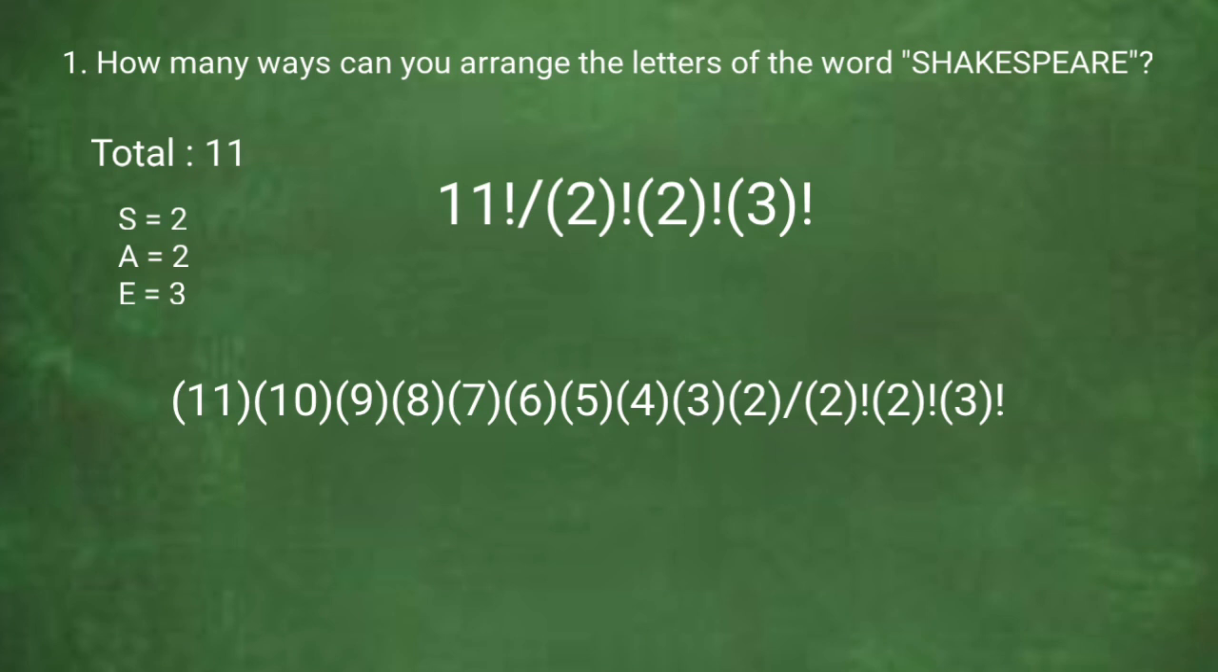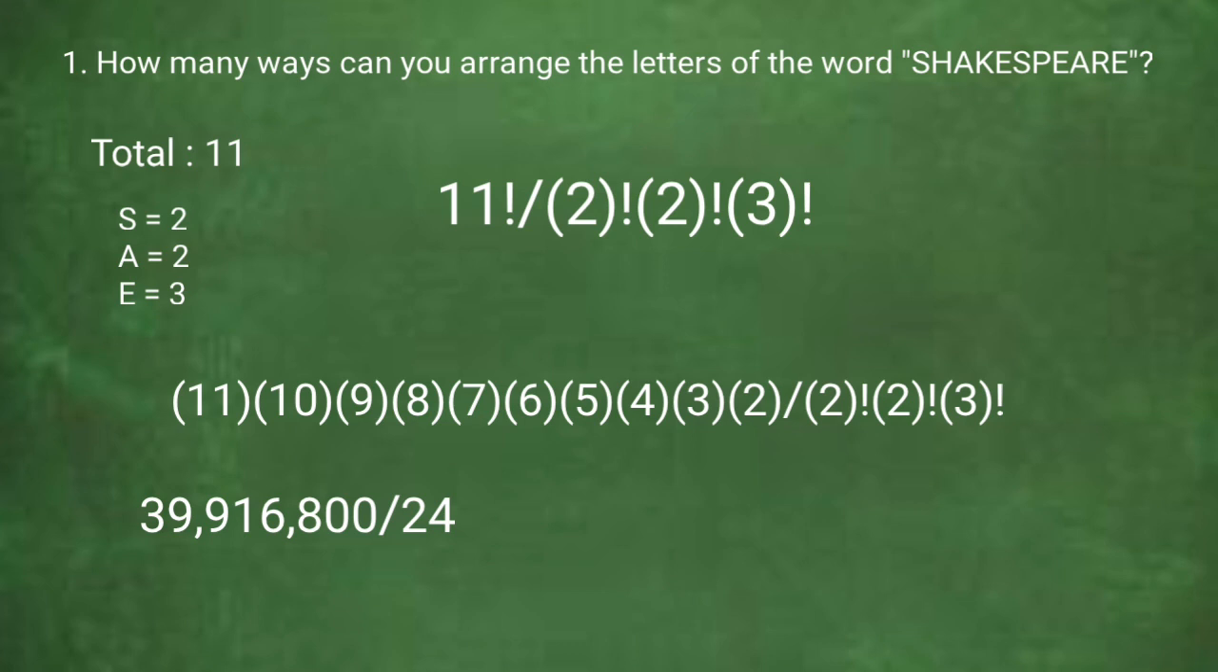Now, 2 factorial is equivalent to 2 because 2 times 1 is 2. And 3 factorial is equivalent to 6 because 3 times 2 times 1 is 6. Now, we multiply all the numbers on the numerator. That is going to give us 39,916,800. Now, divided by the denominator, which is equivalent to 24 because 2 times 2 is 4 times 6 is 24. Divide those two numbers,